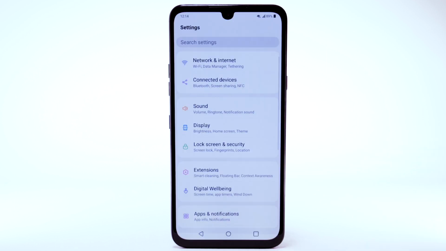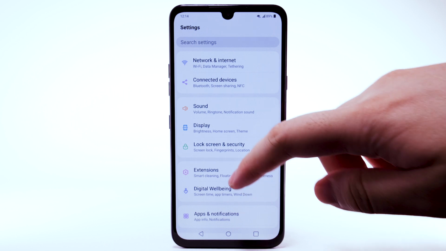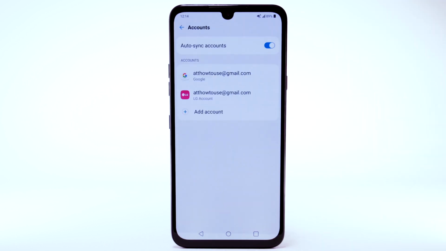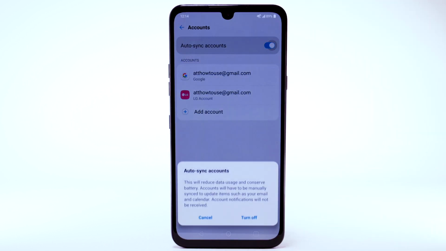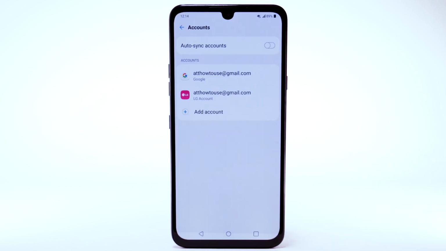To turn off Auto Sync, from the settings screen, scroll to and select Accounts. Select the Auto Sync account switch. Select Turn Off to confirm. If disabling Auto Sync, remember to turn it back on to allow apps to download new emails or social media